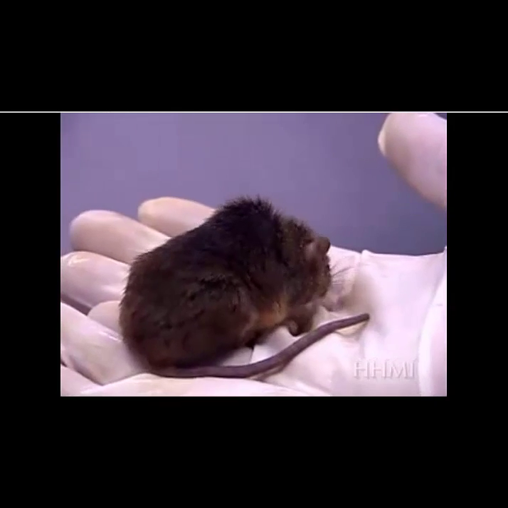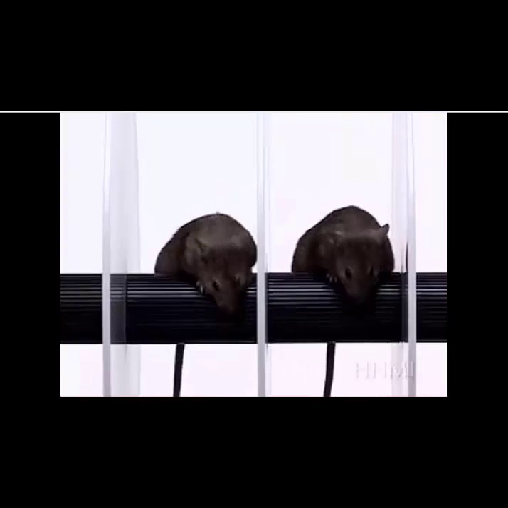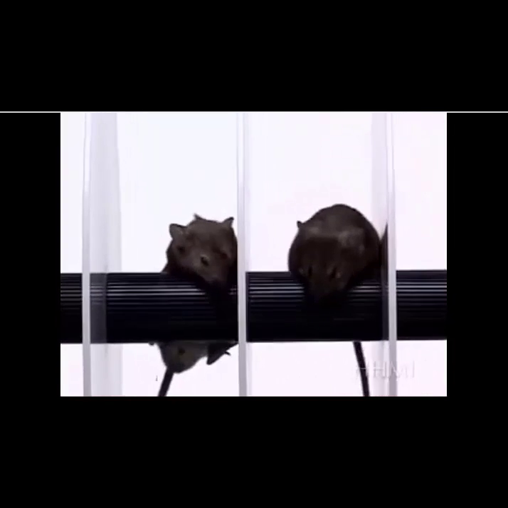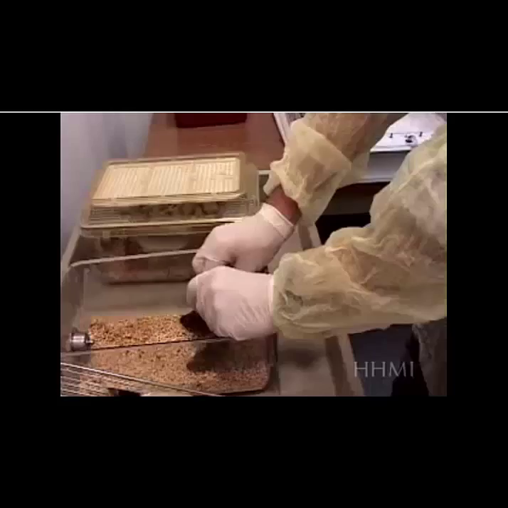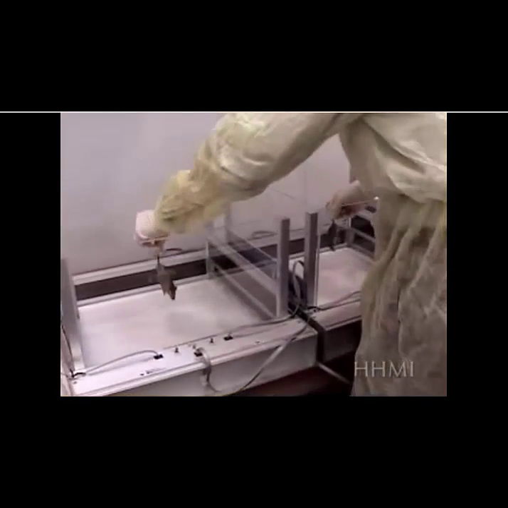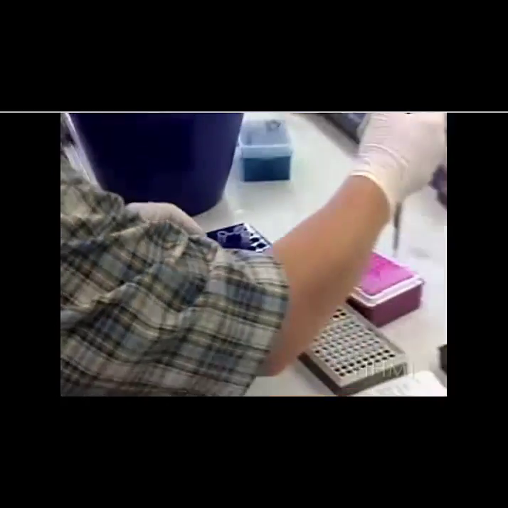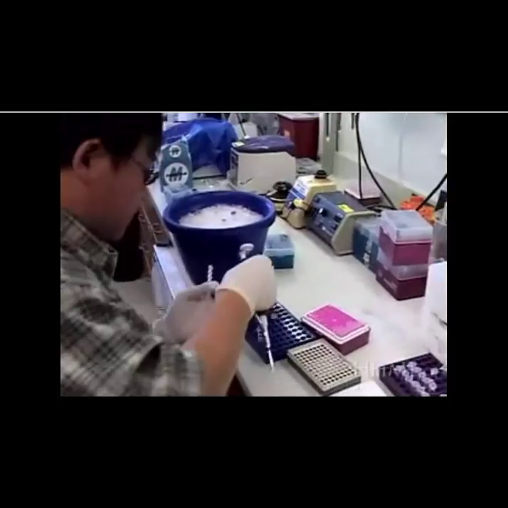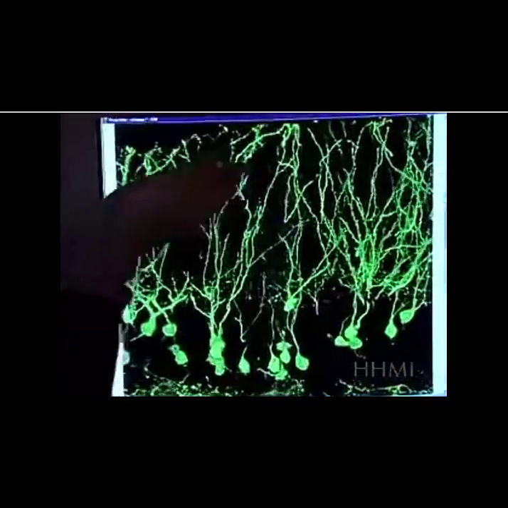One of the technologies that allow us to insert a mutation similar to what is found in patients into a different organism, in this case a mouse, and see whether that same genetic change causes a phenotype, a behavior or a pathology in the mouse that is similar to what is seen in patients. And after doing that, seeing whether there are similar manifestations in a different organism, try to dissect what goes wrong